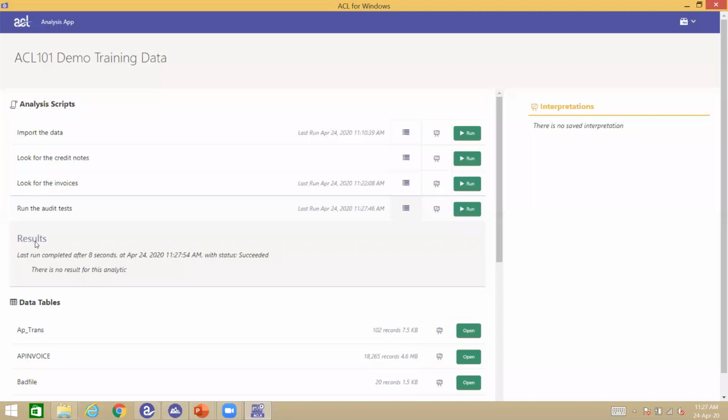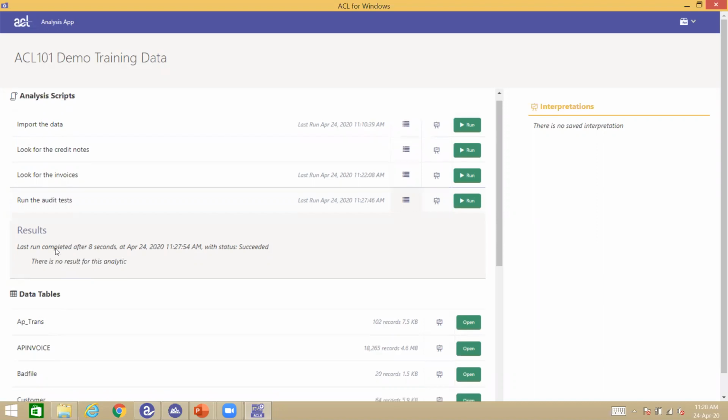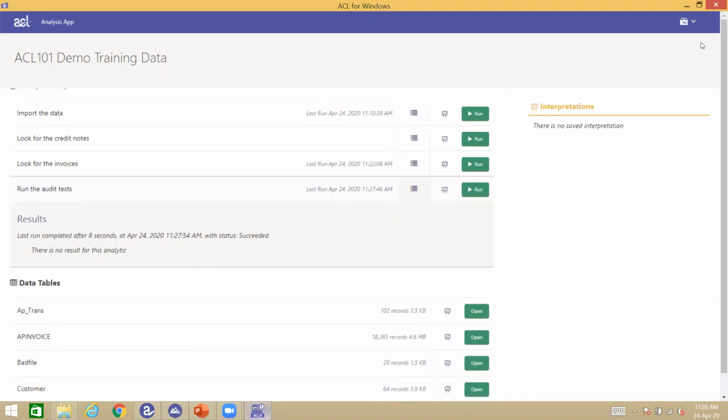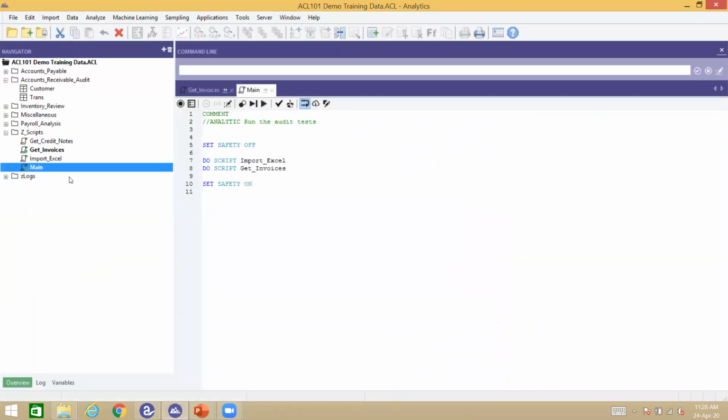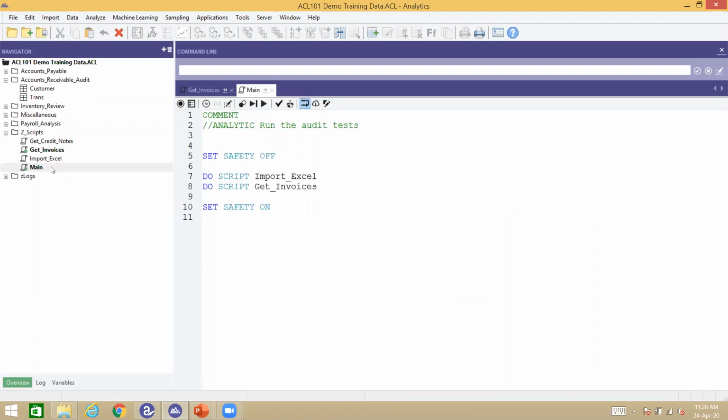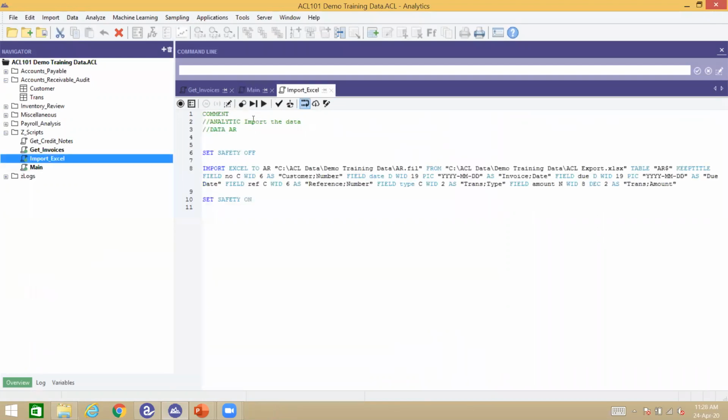Okay, there's no result for this analytic. And we go, what's going on here, right? This script, the main script, doesn't, according to the headers, create any result. So if you're going to run the main script to coordinate all these things, what you need to do is actually move all the headers to this main script. So what I need to do, for example, is I need to say,